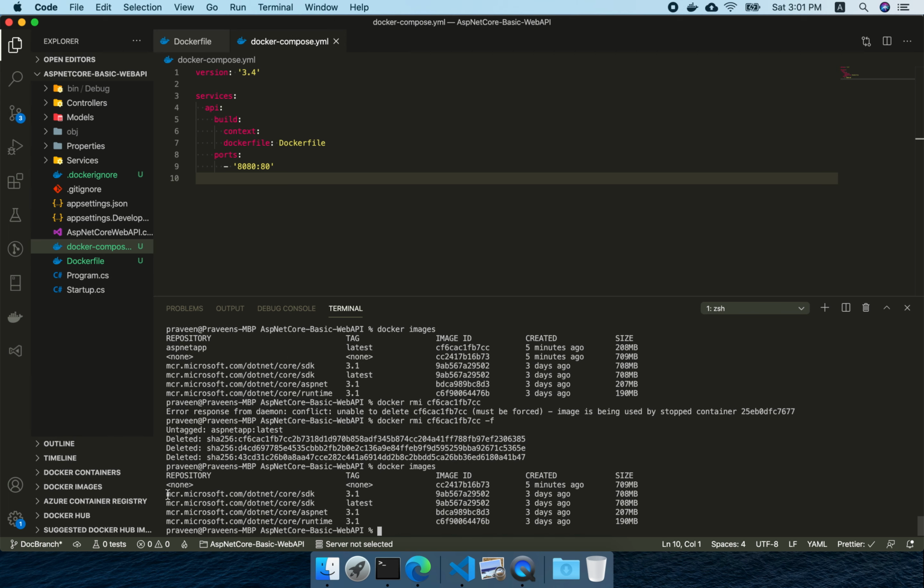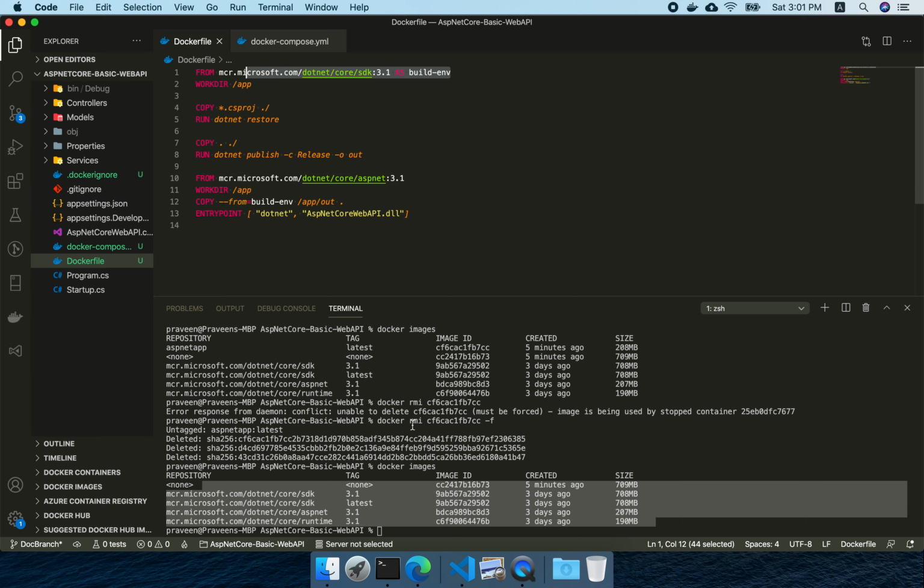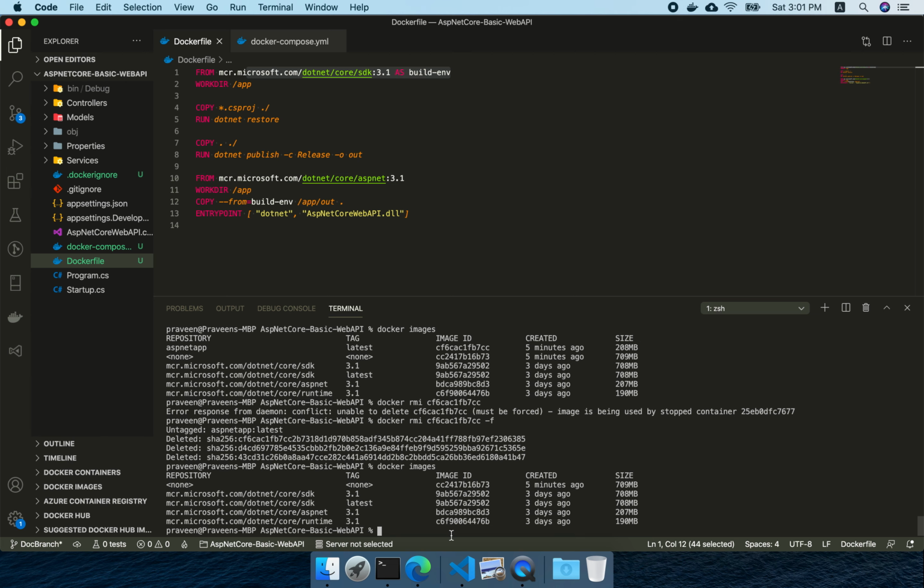I'm not seeing any of these. These are the base images which were downloaded as part of Docker, because we gave the images. We can still remove these, it's just that to save time I have not removed them, I kept them as they are.